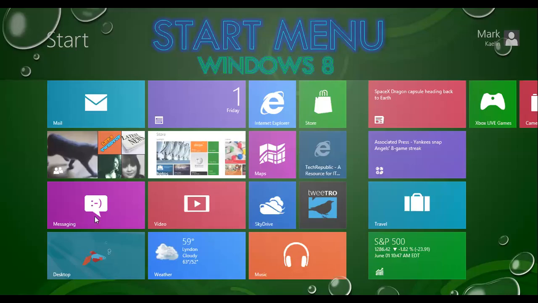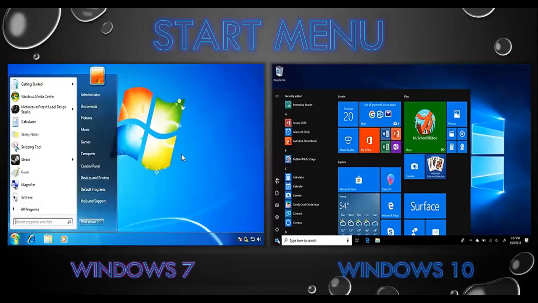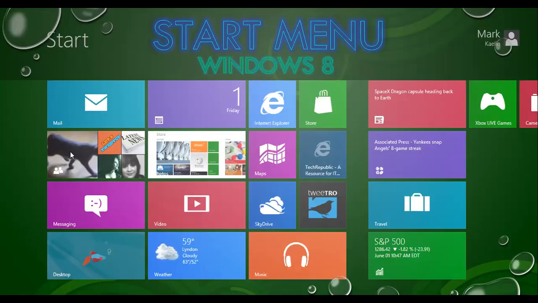For example, previously, when you switched on the computer, you got the desktop and then you had to click on the start button to open the start menu. But in Windows 8, it wasn't there. That means there was no start button and there was no start screen. So this is only the default screen which appeared when you switched on the computer. That means there was no desktop.